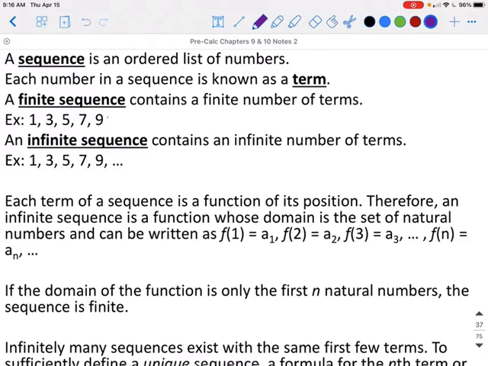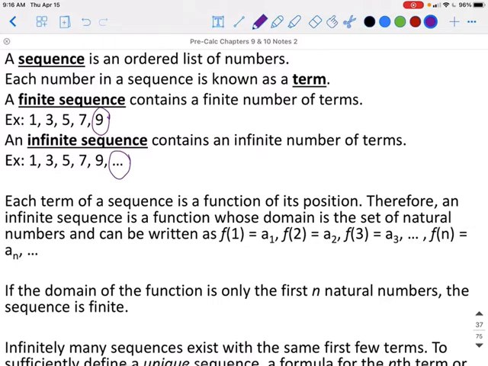Now you will know the difference because a finite sequence will just end in a number. An infinite sequence will end in ..., showing you that it's continuing forever. Each term in the sequence is a function of its position. Therefore, an infinite sequence is a function whose domain is a set of natural numbers and can be written as